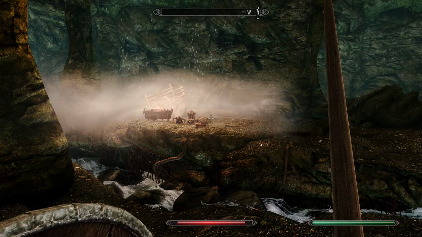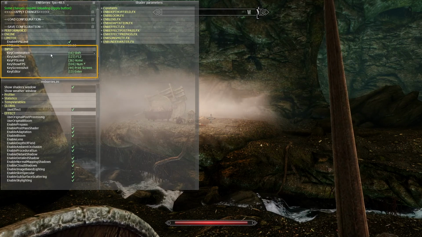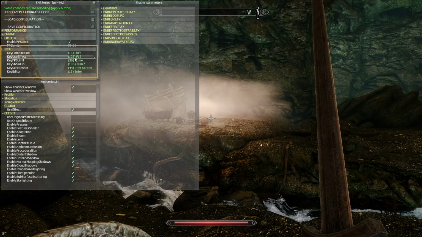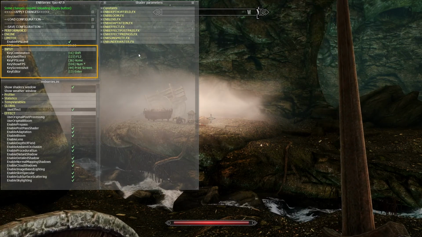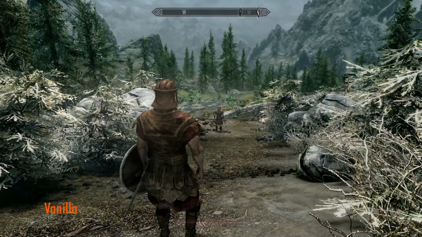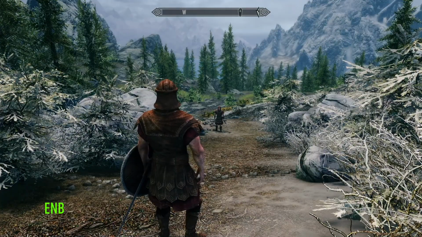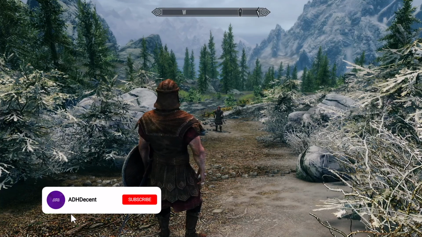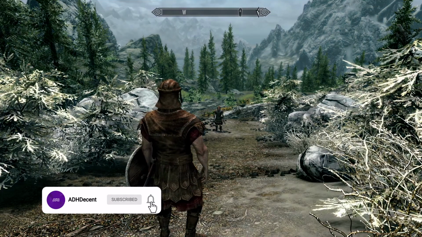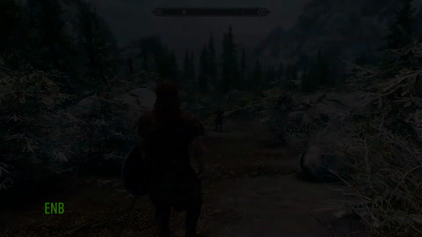When you load into your game, you can open up the window. Under Input, take note of the commands. This is where they may have changed depending on the ENB you use. Again, you can see the difference between the ENB by toggling it on and off. Good job! You have now installed ENB for Skyrim.